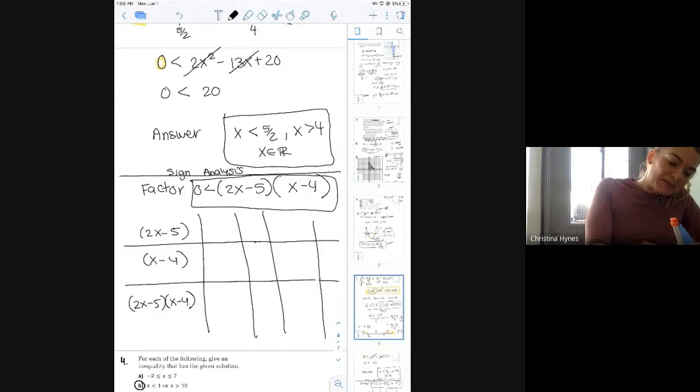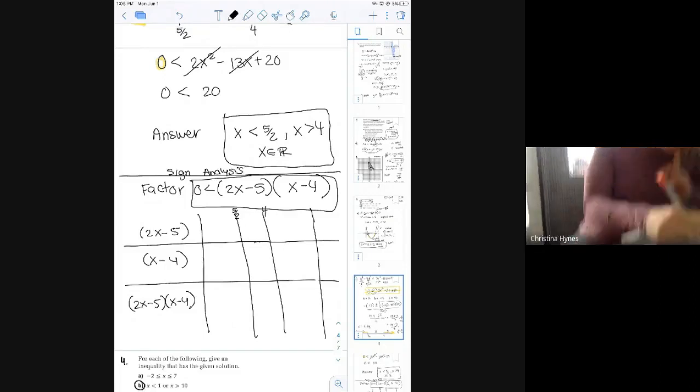We have to always pick a value that is less than the first x-intercept, between the 2 x-intercepts, and then greater than the other x-intercept. So for the first one, I'm going to pick the same values that I did before. Remember,